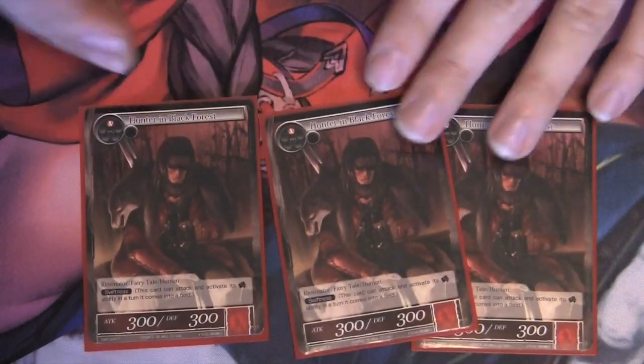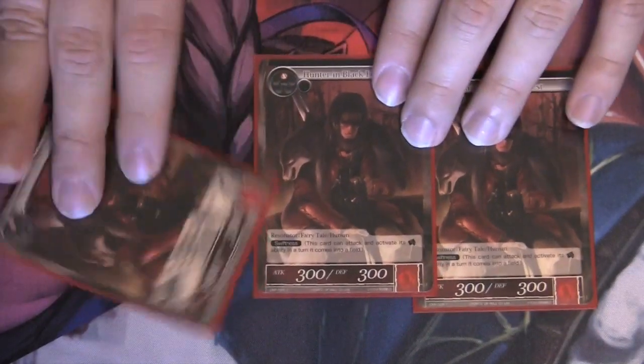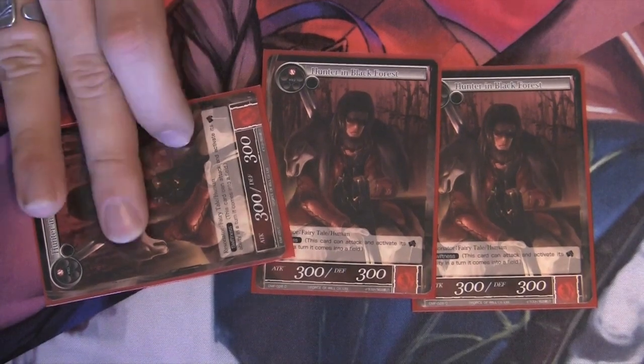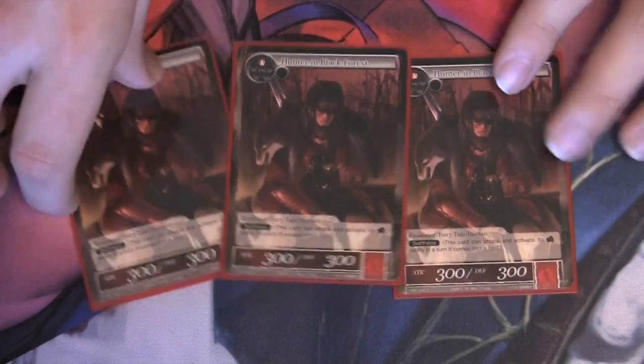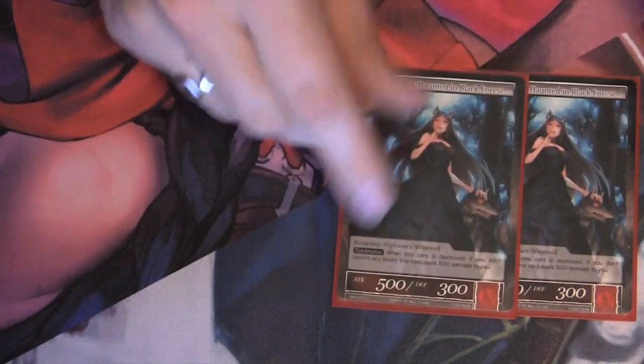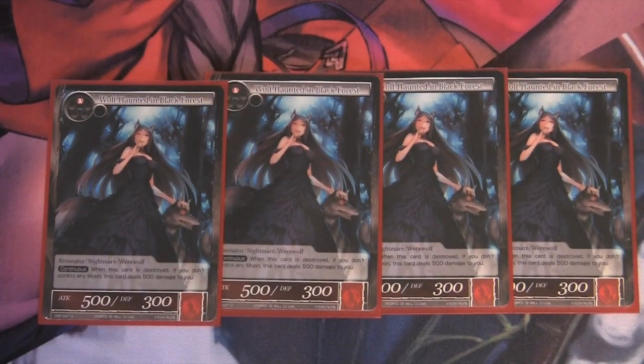Then we have the other non-wolf card for this deck, Hunter in the Black Forest. Again, it's red aggro, so play it, swiftness, it does 300 damage. You can play it on turn 1 and get your early beats in. Pretty important. Moving on to the huge werewolf package, we run 4 Wolf Hunted in the Black Forest, 1-drop, 500, 300,